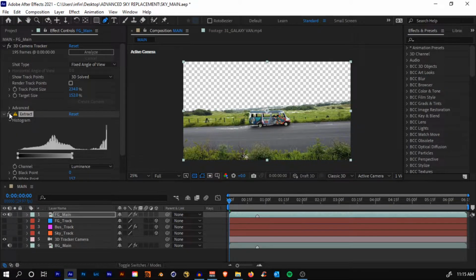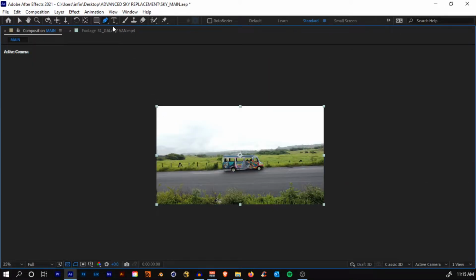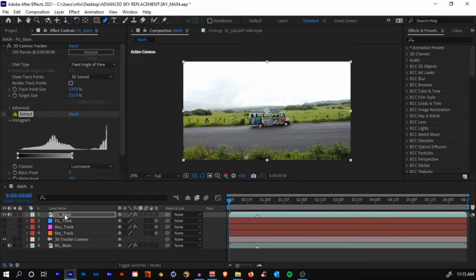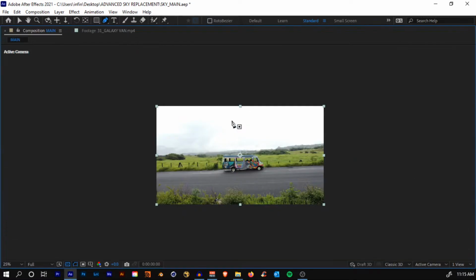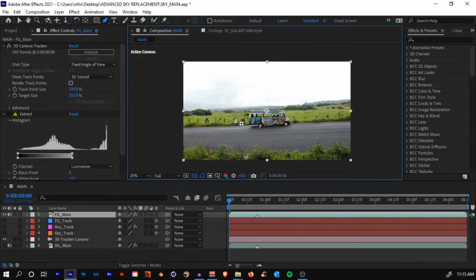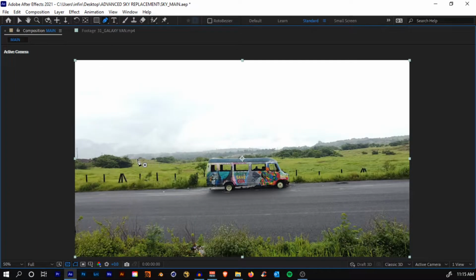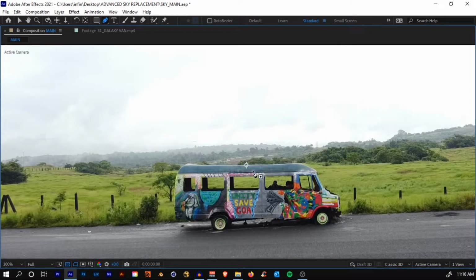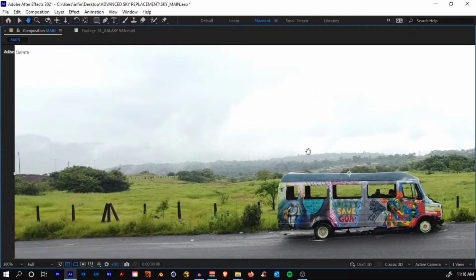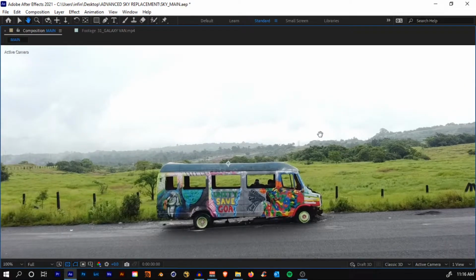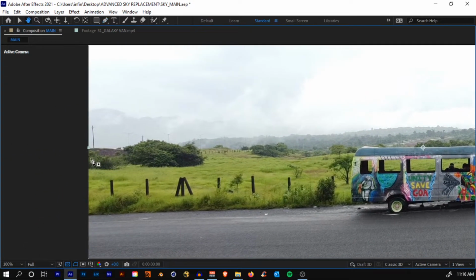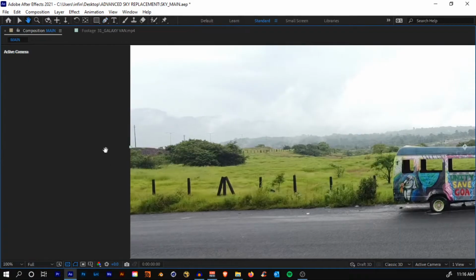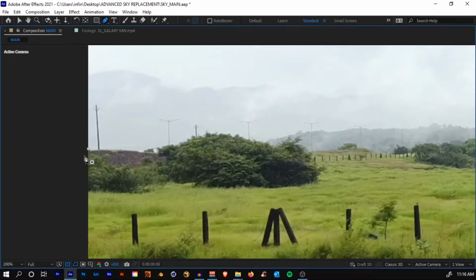Hide the extract effect for some time and select the pen tool, and make sure you have selected the foreground main layer. Maximize your window by pressing the tilde key. Just hover over this window and press the tilde key on your keyboard, and it will be maximized. By the way, if you need to pan around the window, just press space bar. You'll see the cursor turns into this hand, and you can pan around and work with it. So let's draw a very rough mask around the edge of this. Start off with something like that.